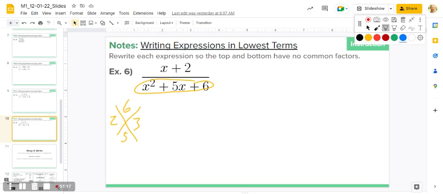So if we rewrite this fraction here, we'll still have x plus 2 up top, but we will have x plus 2 times x plus 3 on the bottom. Then we can go through and make our cancellations. We see that x plus 2 exists on